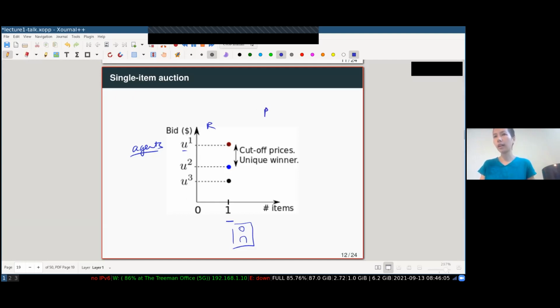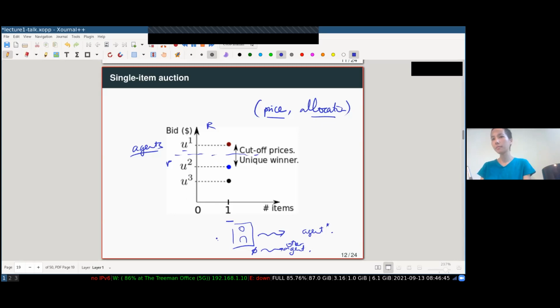I need to announce two things. I need to announce a price and an allocation, right? A price is simply a number that says how much the picture is worth. So let's say I have a price P, and an allocation is the assignment of the picture to the agent who wins. And you can extend the definition of assignment so that I assign something to all the agents. In particular, I assign the empty set to all the other agents. So the agents who didn't win get nothing. Okay. So the goal in this auction is to come up with a pair of price and allocation such that